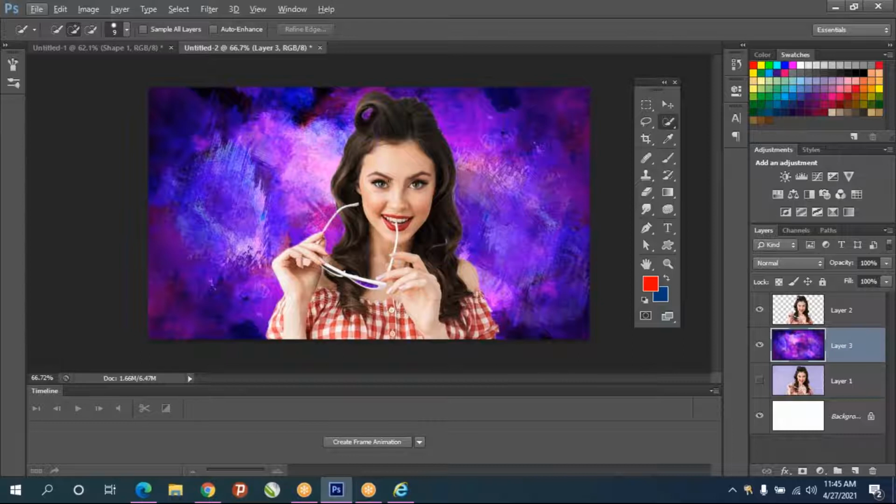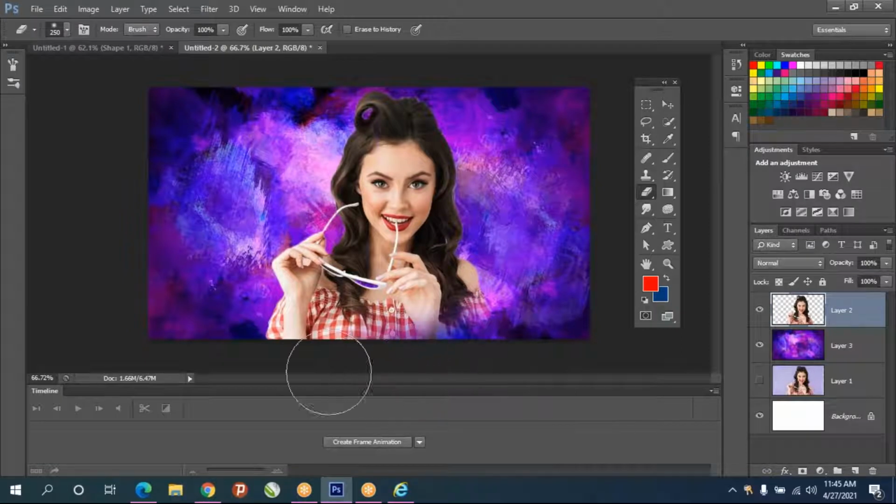So with the background, it is not matching. So what we'll do, I'll take the eraser tool. This layer I'll select. I'll erase some part over here.